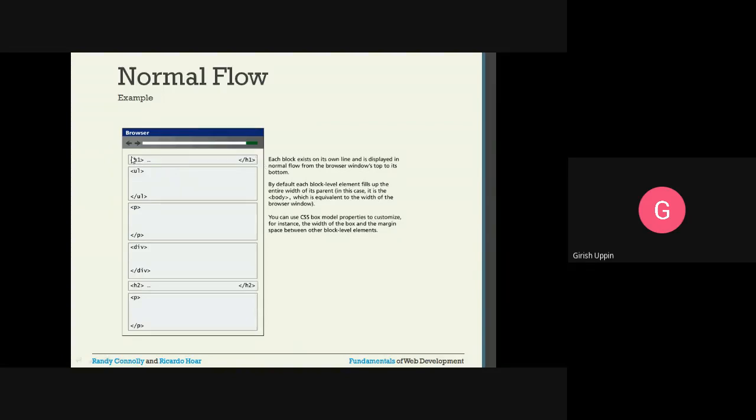Here we don't have the HTML code, but we will say these are inside the body tag. So whatever is the browser viewport, that will form the complete parent. The width will be the complete size of the parent, and whatever is the content will be displayed on a separate line.